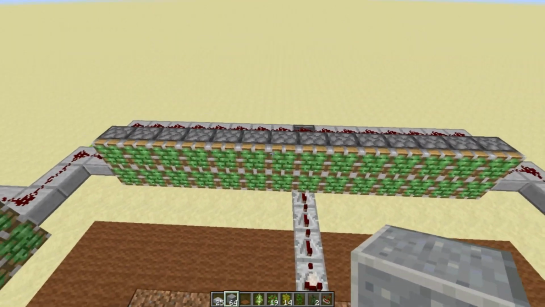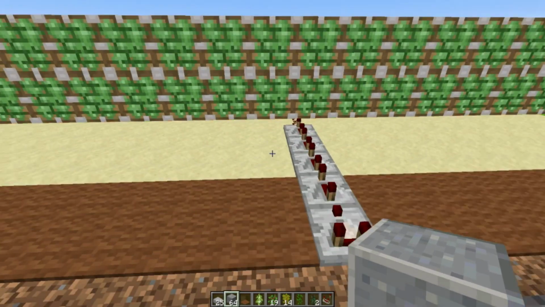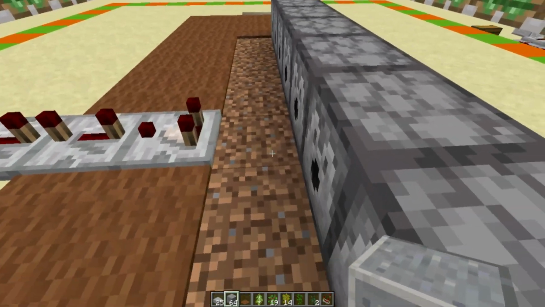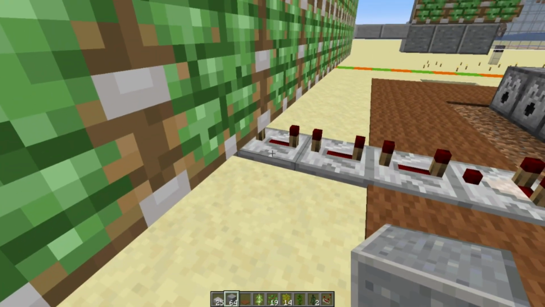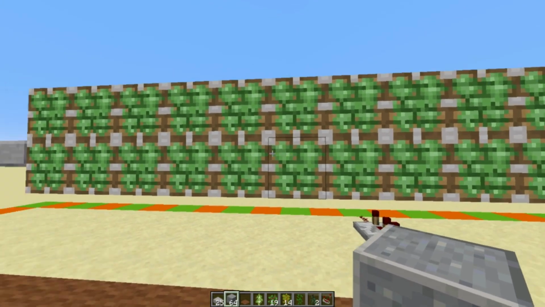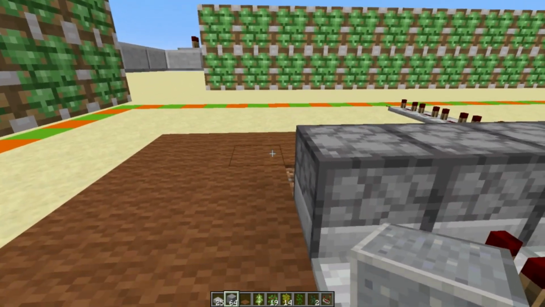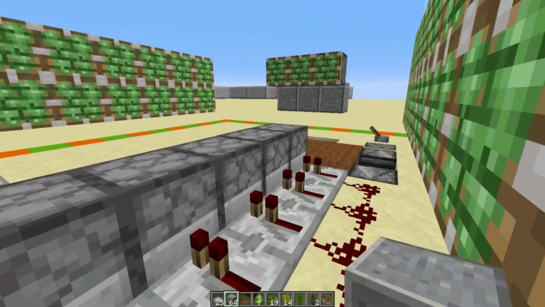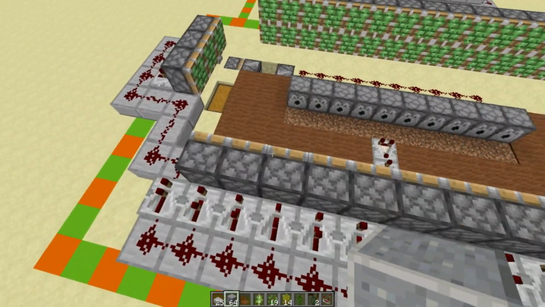You're going to have a double high row of sticky pistons facing in. 1, 2, 3, 4. On the 5th block away from the dispensers. And it is going to be 14 wide. That means 2 past the dispensers on each end. Into